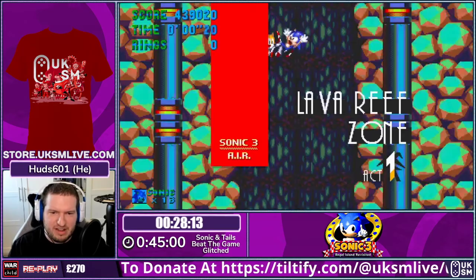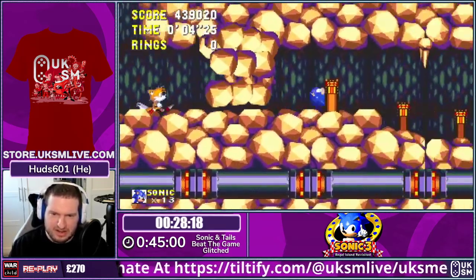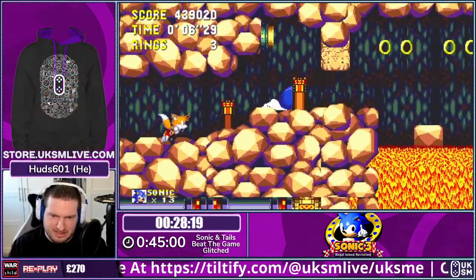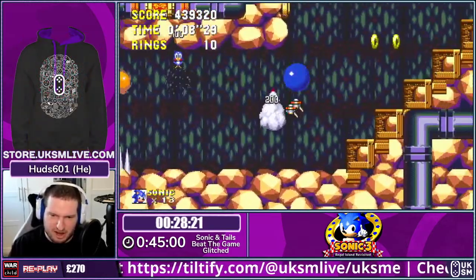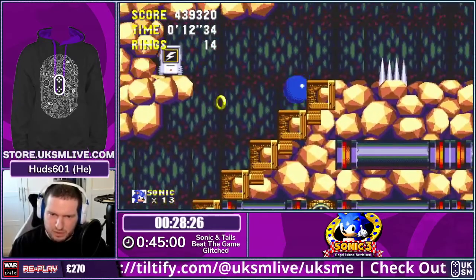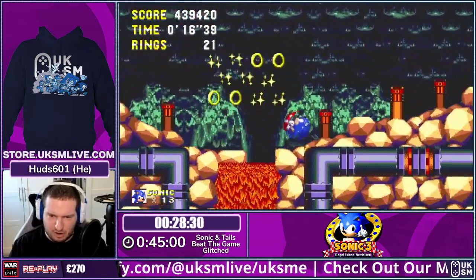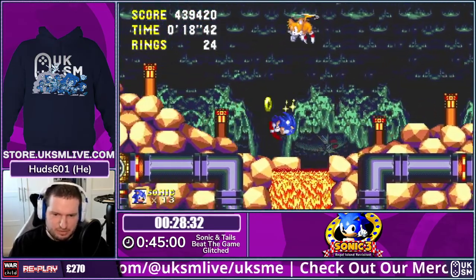We're into Lava Reef. We're going to be doing 3 separate glitches here. The first one is going to be a simple floor clip, and this is one that you guys can definitely try at home if you want to. So, just climbing up the stairs up here. We're going to be going over to a section on the right, and all we're going to do is just stand on the rock in a particular place, do a full jump,